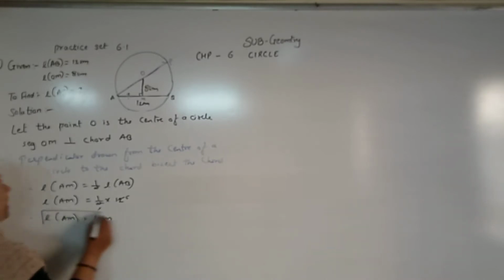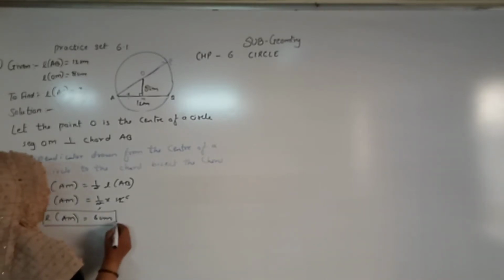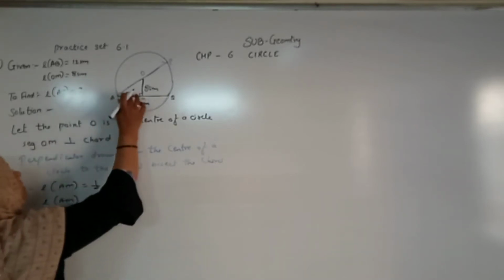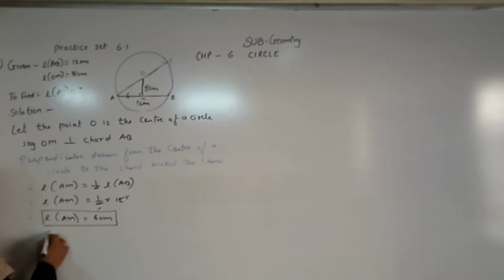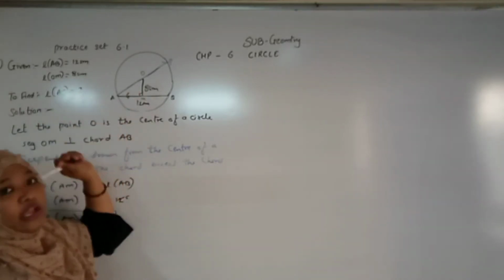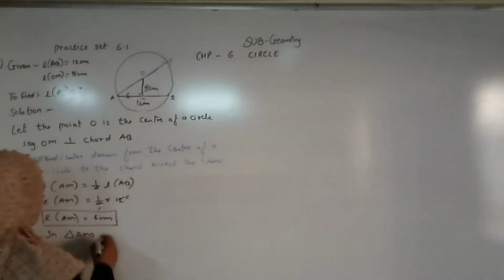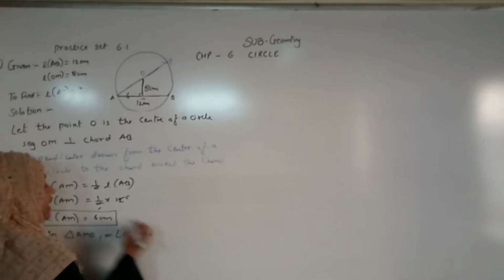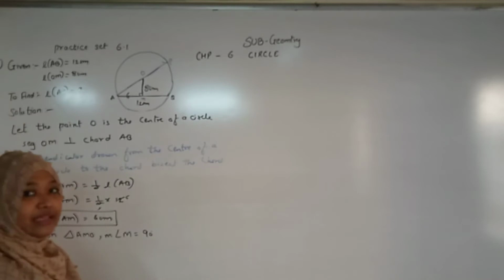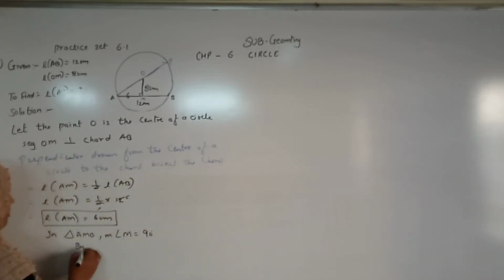With the help of scale and pencil, highlight this. Now I got this as 6 centimeter. Now I will consider this as a right angle triangle. So what am I going to write? In triangle AMO, or you can write OMA also, where angle M is equal to 90 degrees. Since it is a right angle triangle, we can take the help of